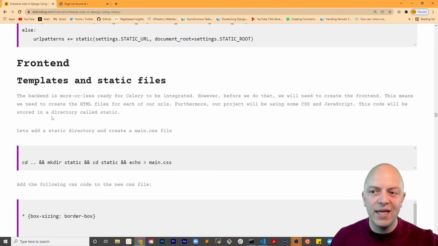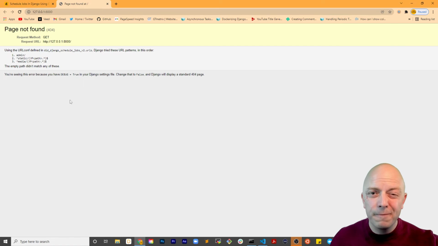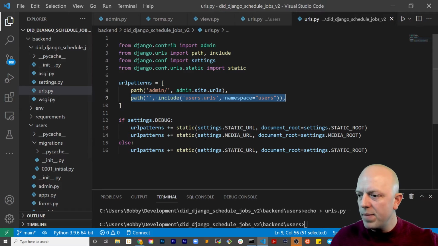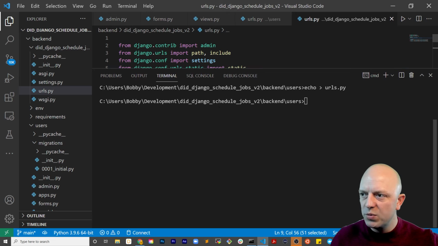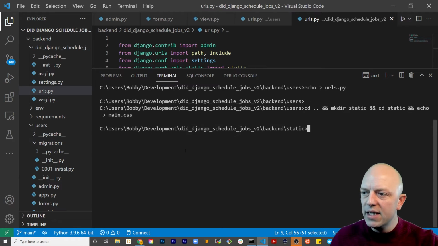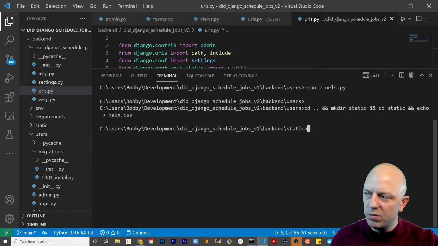This code will be stored in a directory called static. So let's make that. So if we copy that code, we want to go back in our terminal. We're in users. We don't want to be in there anymore. That's why we're using cd .. We go back a directory. Then we make a directory called static and we cd into it and we echo. So we create a